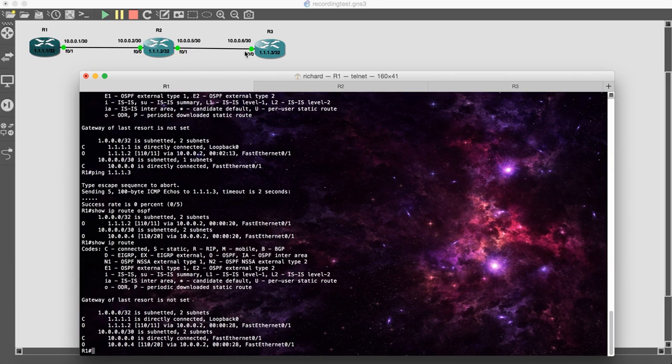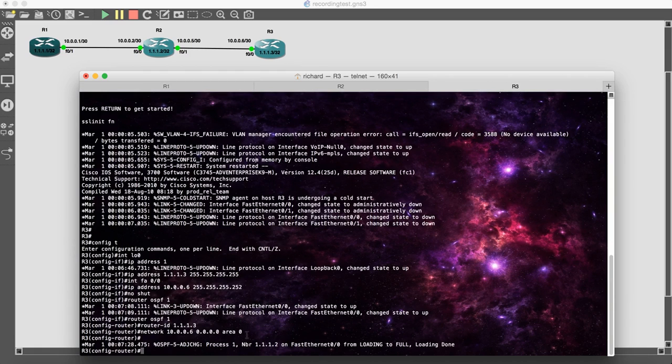Well, now if we're back on router 1, if we look at this link here, 10.0.0.5 and .6, we can see that this is actually being learned. 10.0.0.4 is the network ID, because remember this is a /30, so the network ID is 10.0.0.4, and the broadcast would be .7. That's the two unused IPs on that /30, which is actually 4 addresses, but only 2 of them are usable. So we're learning that, but if you remember, going back to router 3 now, we didn't add our network statement for our loopback. So if we add that really quick in router 3,